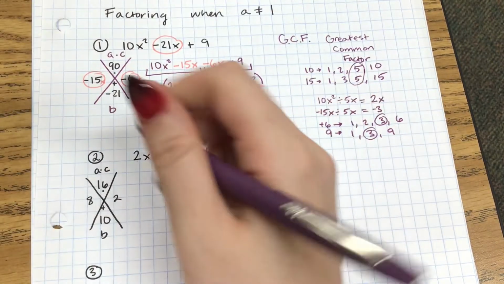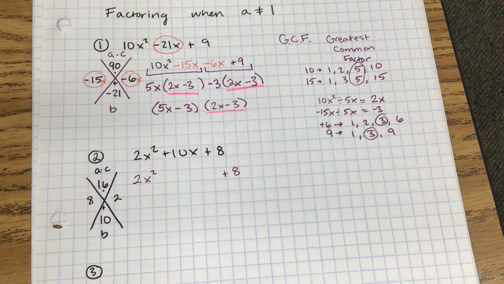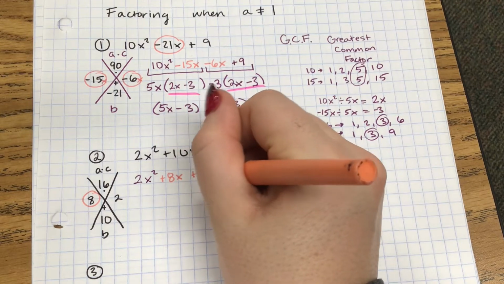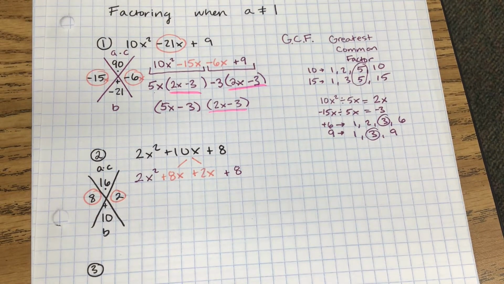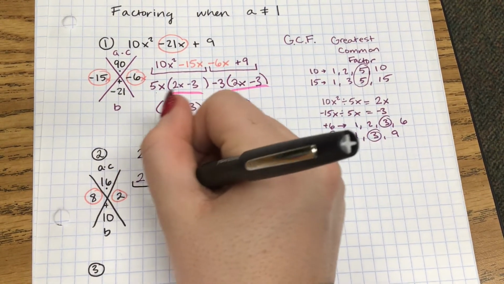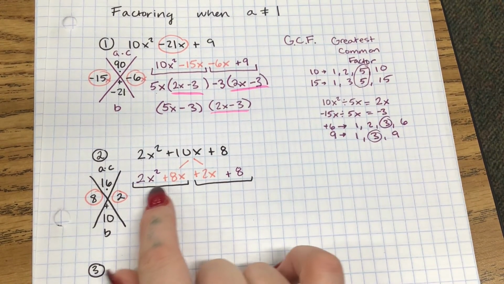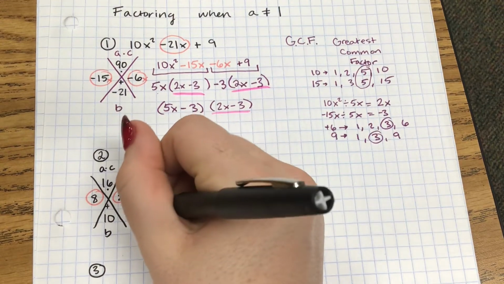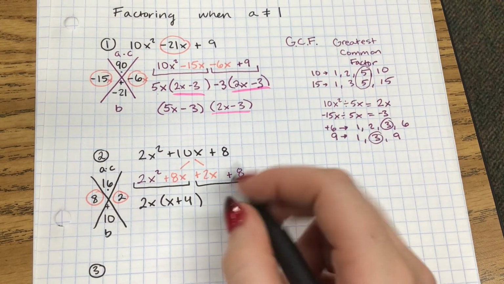So we're going to rewrite our equation, put the end caps, 2x squared, and put plus 8 at the end. On the inside, we're going to write plus 8x from this, plus 2x from that. And these two together give you that 10x. So we're not changing the equation in any way. We're going to focus on two at a time. I'm going to pull out a 2x out of these. Now we get x plus 4 on the inside. If I pull a 2 out of those ones, positive 2,